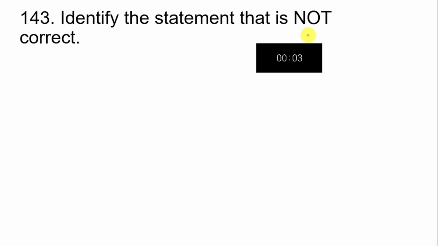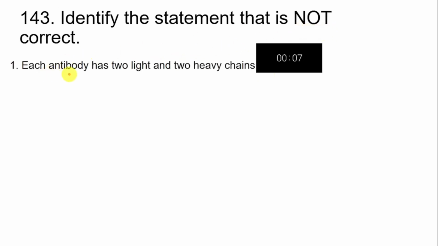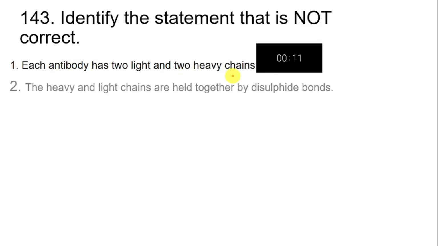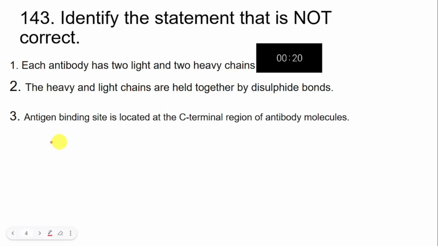Identify the statement that is not correct. Each antibody has 2 light and 2 heavy chains. Correct. The heavy and light chains are held together by disulfide bond. This is also correct. Antigen binding site is located at the C-terminal region of antibody molecule. Antigen binding site is present at the